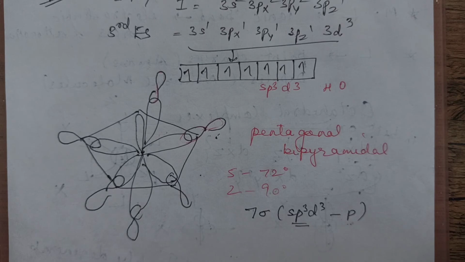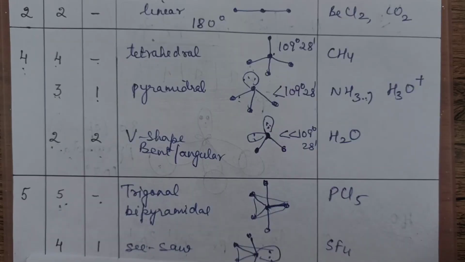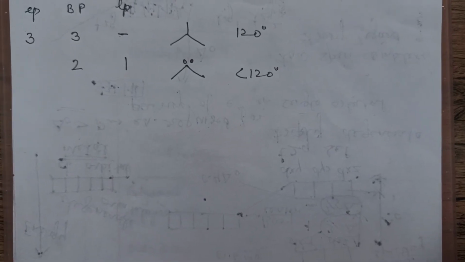Now we will see, suppose any molecule is given to you, how do you judge what will be the hybridization? For that I'll discuss a shortcut. See, in VSEPR theory, I gave you one formula to calculate the electron pairs. I hope you remember that formula. What was that formula? I'll discuss it once again.